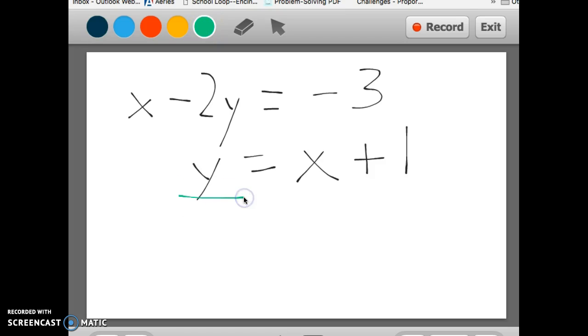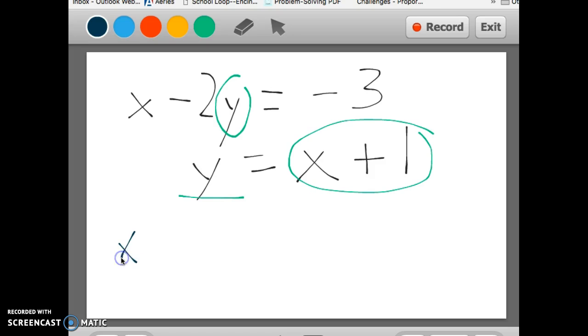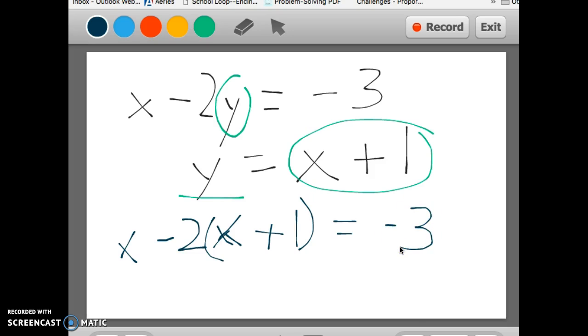y is isolated in the bottom one, so we know y equals this. So instead of writing y in the top one, we'll write x plus 1. So we'll write x minus 2 times (x plus 1) equals negative 3. That looks complicated, but now it has no y in it. So I can distribute the negative 2: negative 2x, negative 2 times 1 is negative 2,